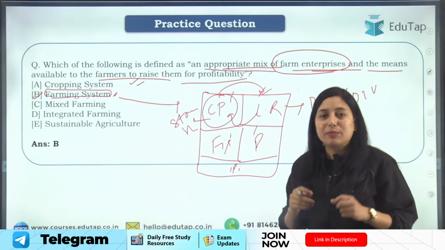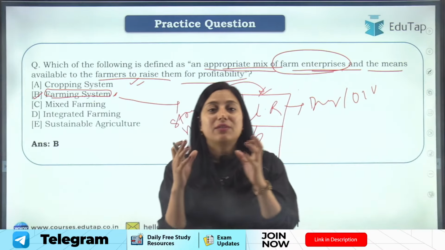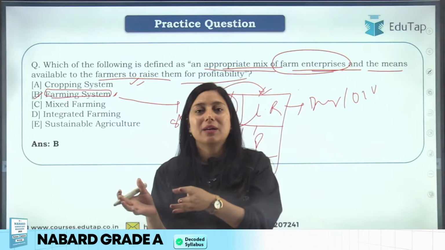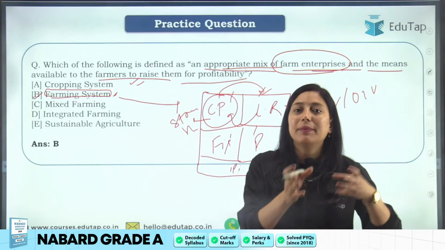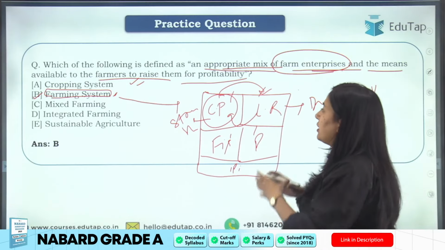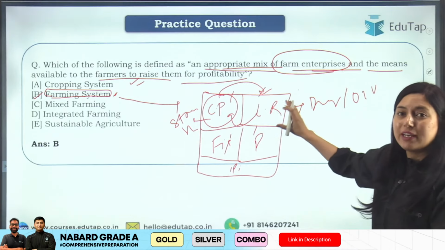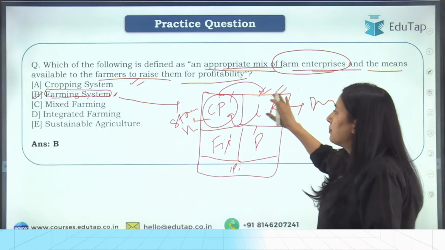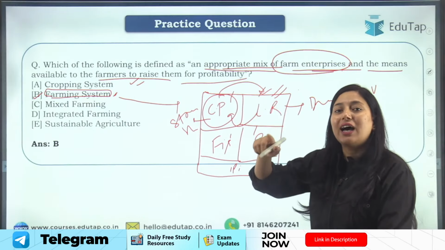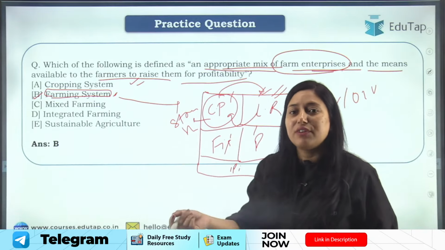Similarly, all other enterprises can be integrated in such a way that waste product of one enterprise becomes resource of other. Okay, it becomes input of other enterprise. And why are we doing so? We are doing this to increase the profitability. देखो, अगर organic manure की demand इसी farm से ही complete हो जाएगी, farmer will not have to depend on fertilizer. Farmer will not have to purchase fertilizer.